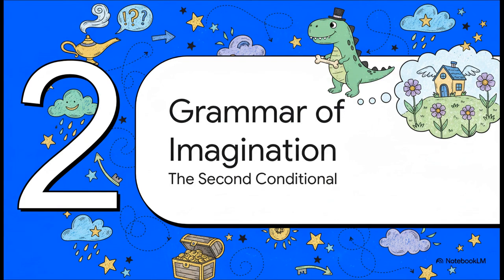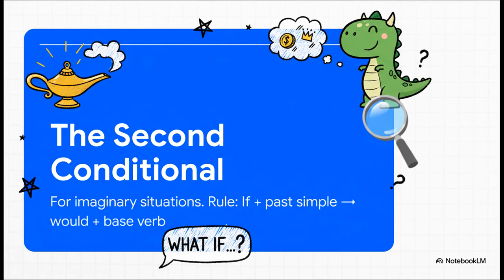So, how do we actually answer a question like that one in perfect English? Well, we need a special tool for the job. And in English, that tool is called the second conditional. It's basically the key to talking about all those dreams and wishes. And here it is, the whole secret right here on the screen. To talk about things that aren't real right now, this simple formula is all you need. You start with if, add a verb in the past simple, and then you follow it up with would and a base verb. Let's see what that actually looks like.